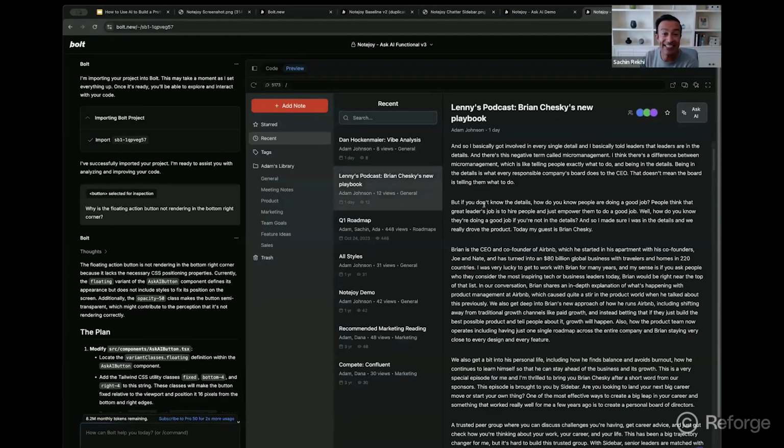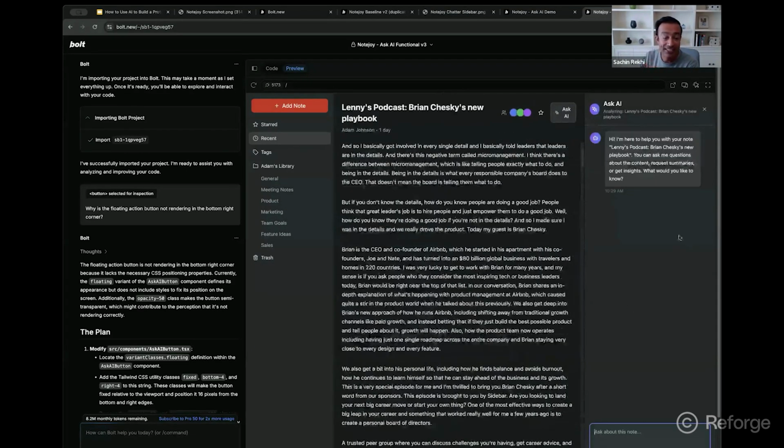Now, what I then asked it to do is, hey, I don't want you to just give me mock data. I want you to actually call the OpenAI LLM, GPT-5, and actually send it the question as well as the note content and give me the response. And so we're actually making this prototype functional. So it's actually going to go and work, right? And do the thing that I actually inspire for this feature to do if we build it.